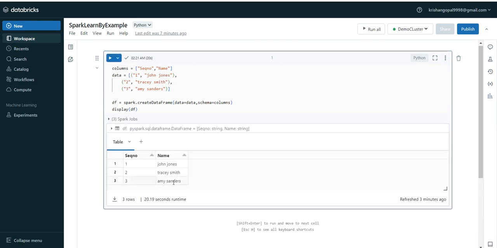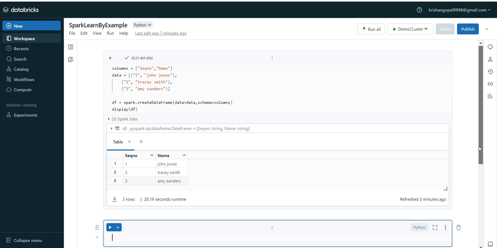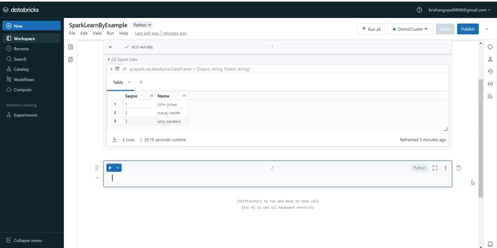Now you can see the DataFrame. The first column is the sequence number, the second column is the name. 1, 2, 3: John Jones, second Tracy Smith, third Amy Sanders. So basically what we want, what we can do now,